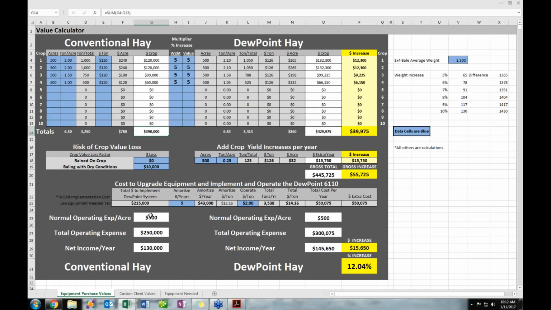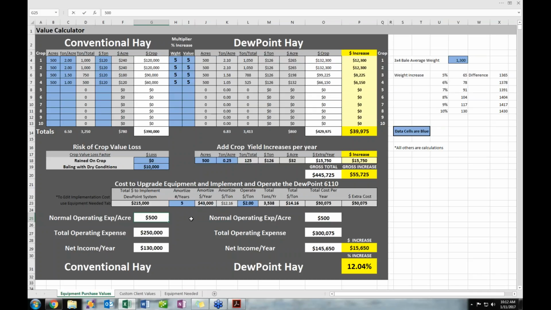If you follow down to the bottom here where the 500 is, this is our operating expenses per acre. This is water, fertilizer, the cost to actually run the equipment, and so forth. Some farmers like to change this number because they actually know what it is. If they don't know what it is, we've typically calculated that about $500 to $600 per acre is normal operating expenses. And keep in mind that whatever you do to this side of this equation, you have to do over here,